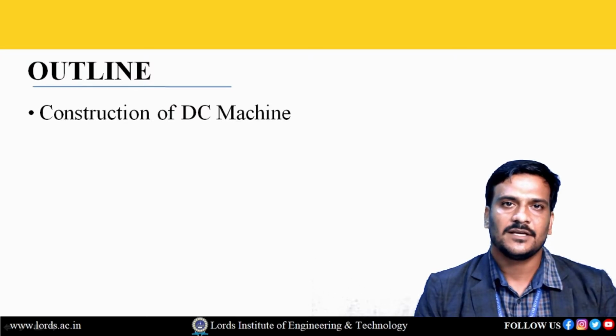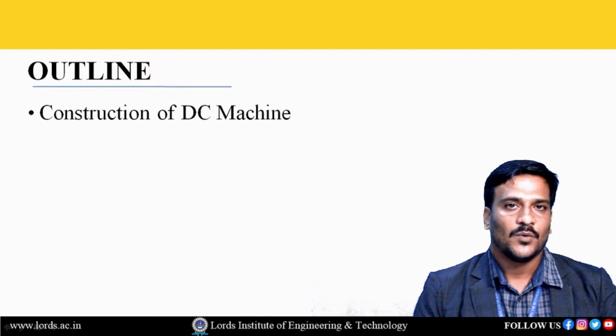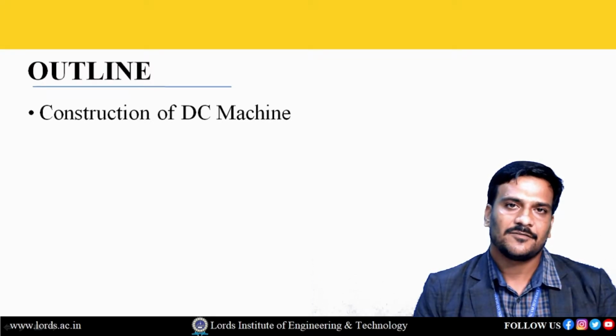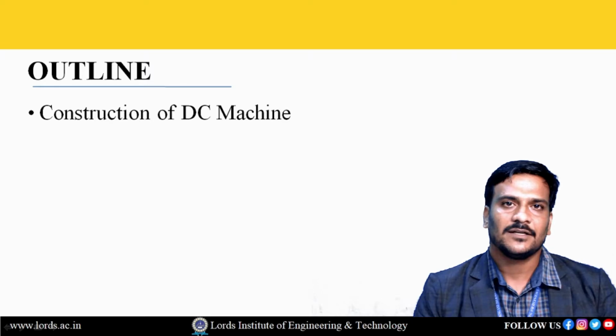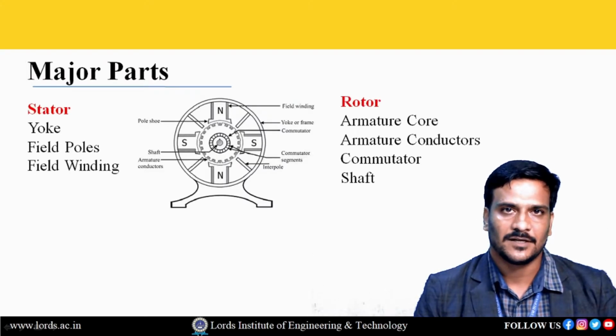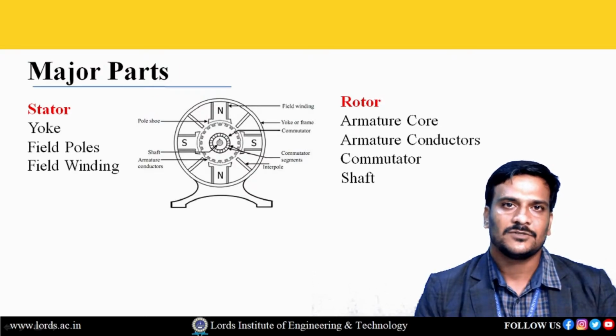DC machine is a highly versatile energy conversion device which has a wide range of applications. Loads which need high starting torque, accelerating torques, decelerating torques, wider control of speed, and loads which need reversal braking and reversal operations prefer these kinds of machines. By having feedback circuits, we can even get inherent characteristics of DC machines. So we prefer general DC machines for most industrial applications to do the toughest jobs.